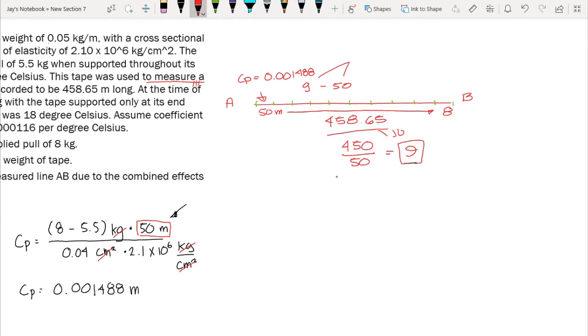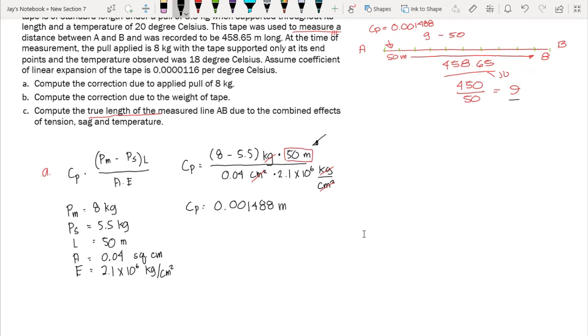And we have an excess of 8.65 meters on the end of our measured length. Okay, so therefore our CP, or our correction due to pull, is only for every 50-meter length, and that is not the measured correction for the entire course A to B. So we have already computed that we have used the 50-meter length tape more than 9 times for the entire measurement. Okay, so in order to compute the total pull correction, we have